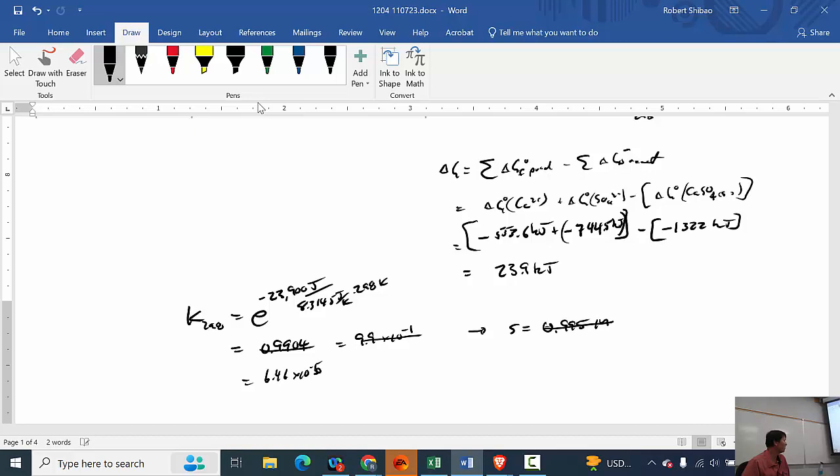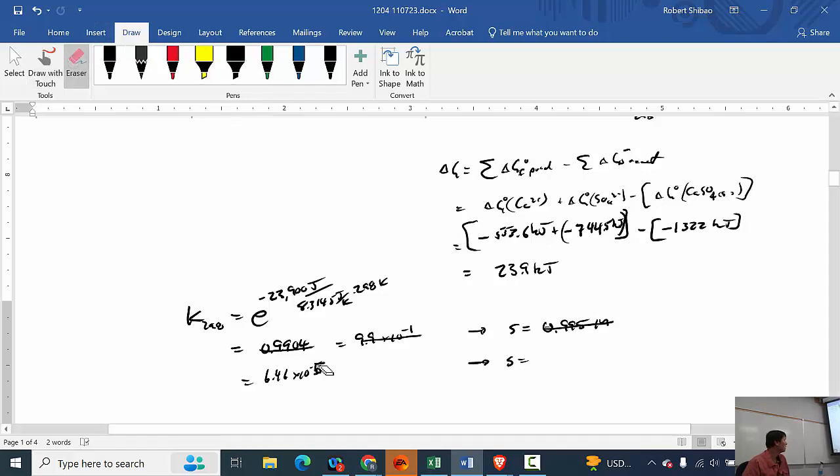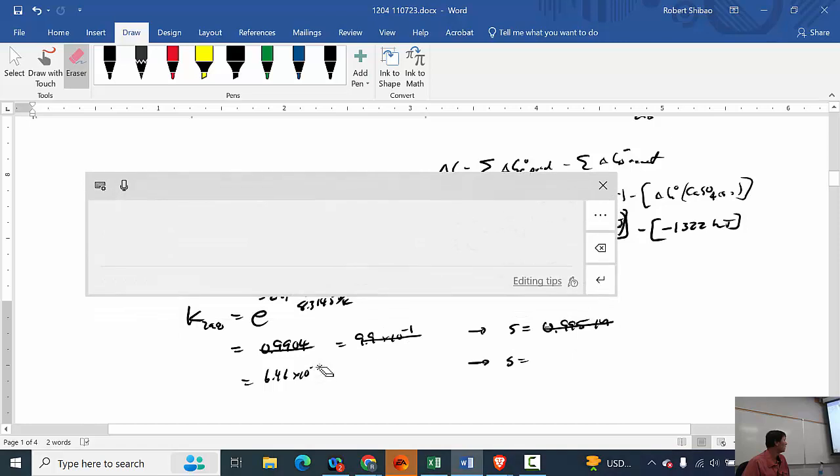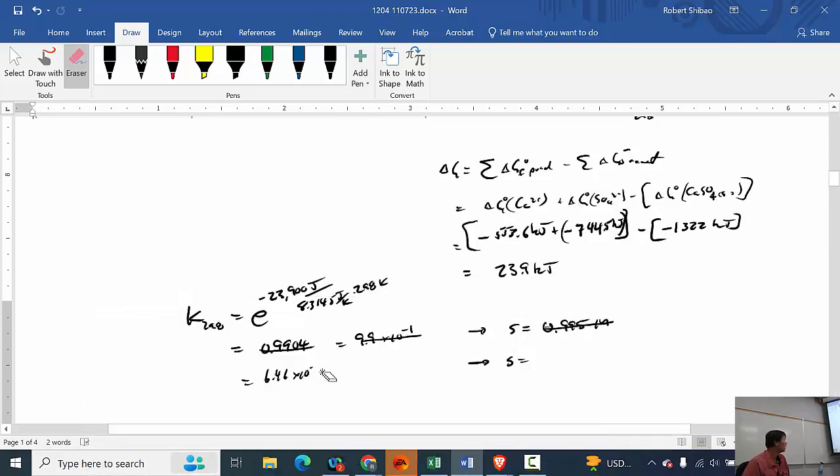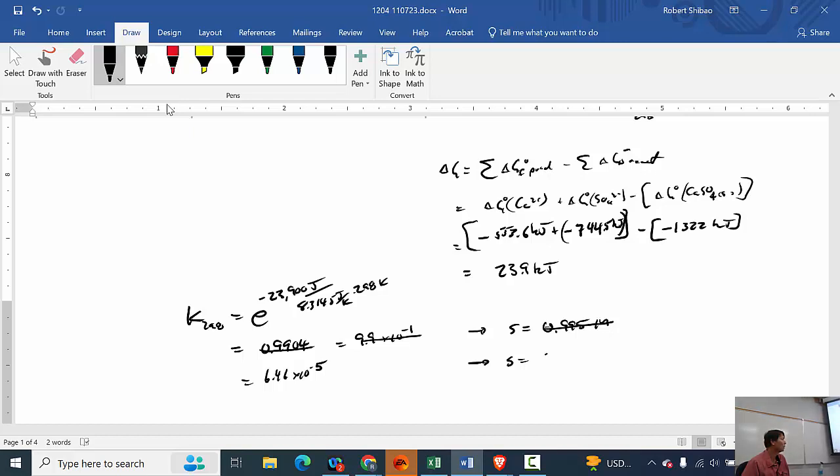And then this is going to give you solubility of what? Molar solubility. So just take the square root of the KSP. I got 8.04 times 10 to the negative